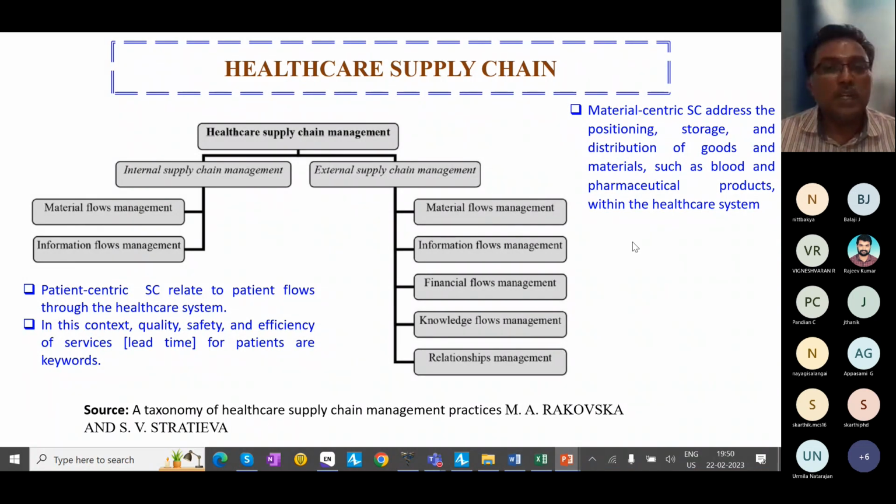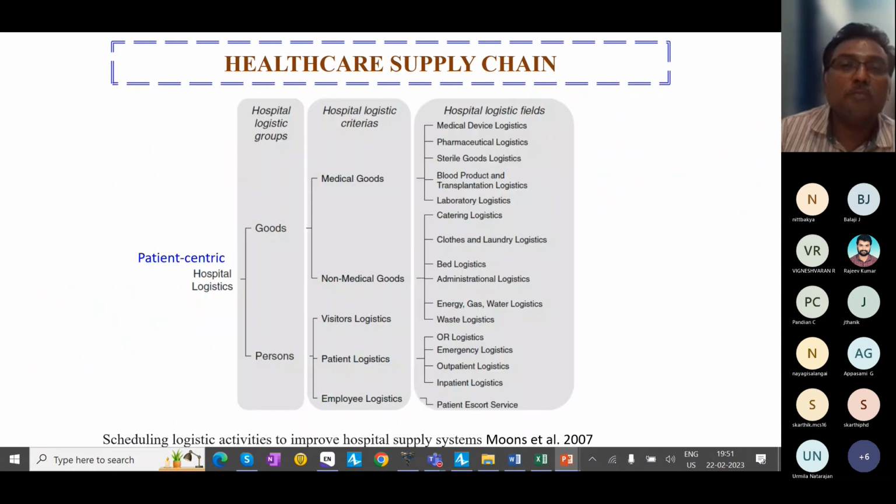Cost reduction is the main criterion, the main performance measure predominantly reported in much of the literature. If you look at patient-centric measures, you have quality, safety, and service quality. Service quality can be addressed in different ways: waiting time, cycle time reduction, and efficiency of service. Here it is patient-centric because you have to respond in a very short lead time and maintain a 100% service level, right?